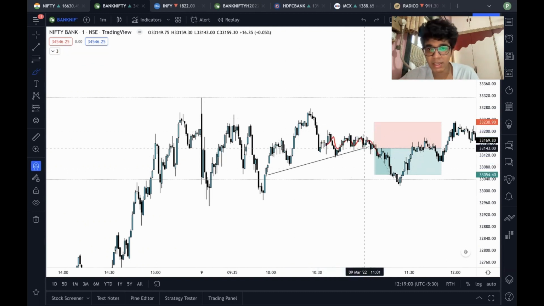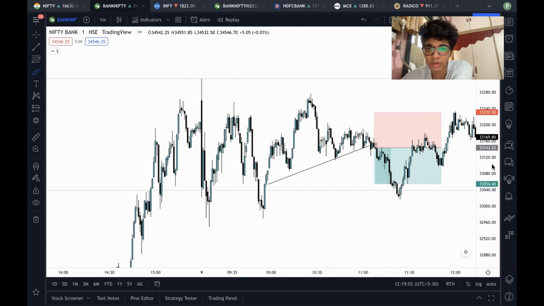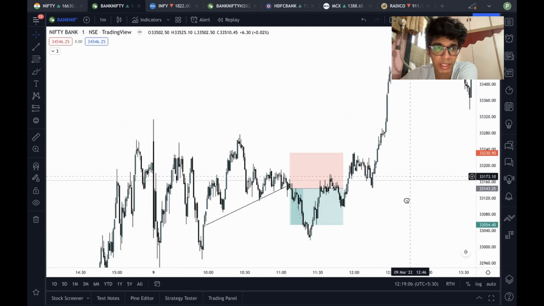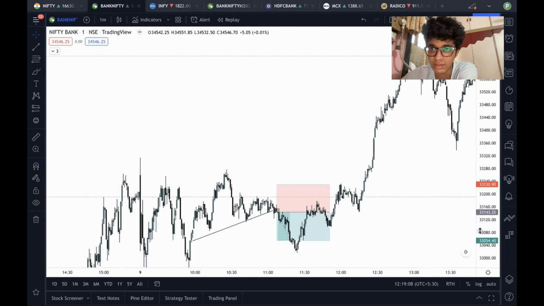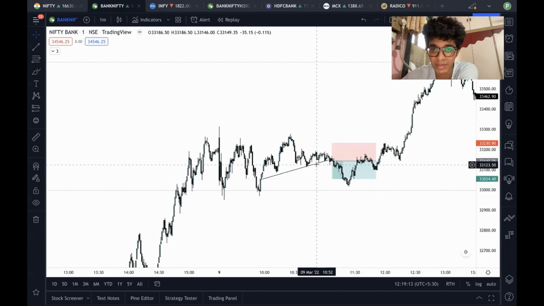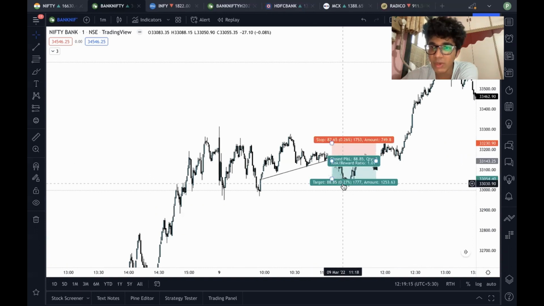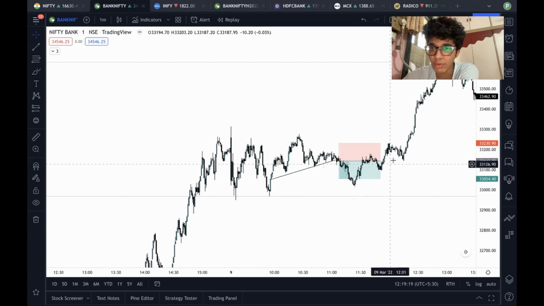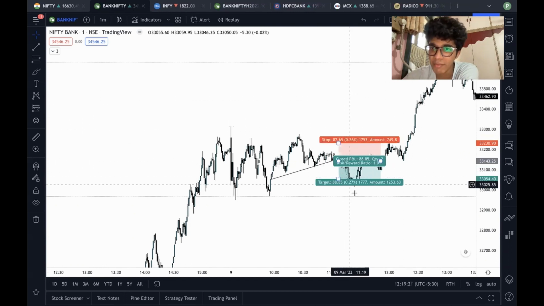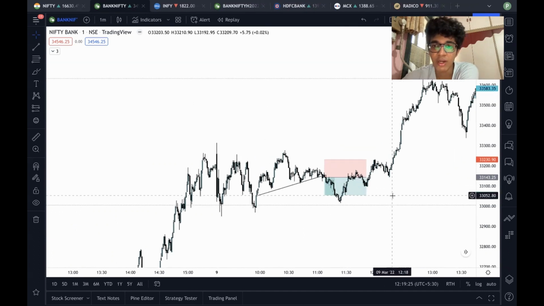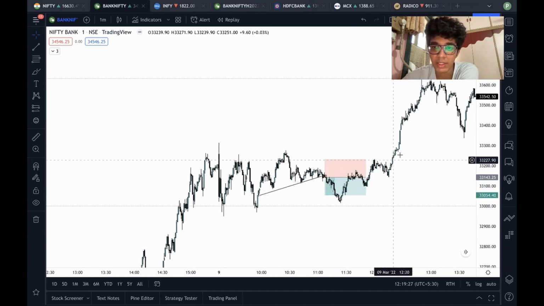So when this breakdown came, I went short for a very small target of 80 points. And after those 80 points hit, look what happened afterwards, the market went up, didn't it? So that's how the market works. You can't expect all just upside. It will come down once, and why did it come down? It was to take the stop losses of everyone who was long. So before the market moves higher, it'll come down once, take the stop loss of everyone, and then get out. And if you ask me, Praneeth, if you knew this, why didn't you trade this?